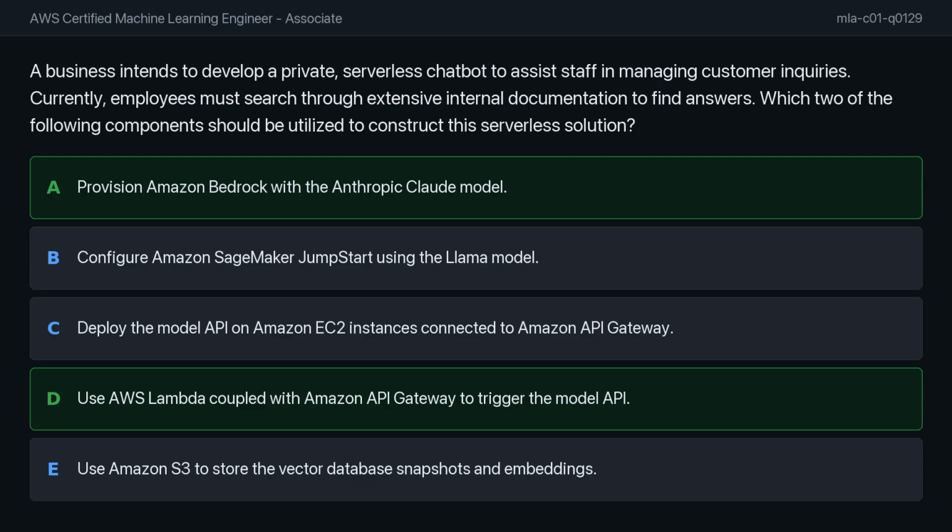I believe the correct answers are option A and option D. To build a serverless chat interface for internal document retrieval, Amazon Bedrock is the ideal choice. It provides a fully managed, serverless interface to access foundation models like Anthropic Claude, which is excellent for retrieval-augmented generation